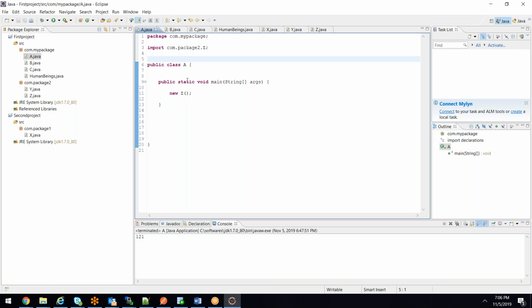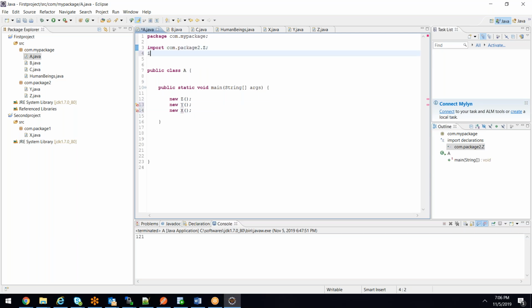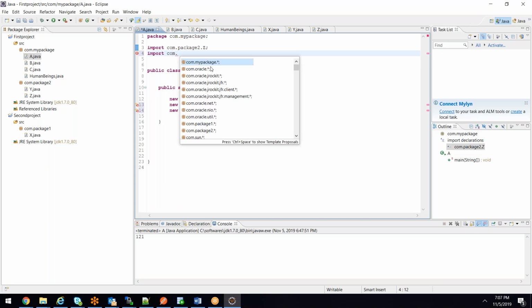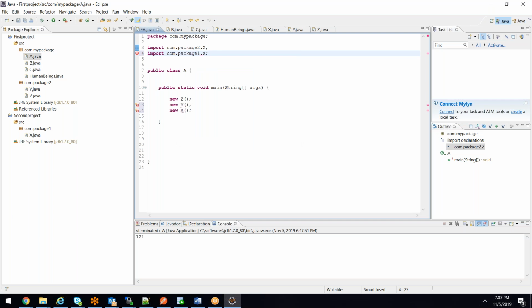Suppose I create an object of class Y and an object of class X. Obviously class A does not know what class Y and class X are, correct? So I have to import com.package1.X, correct?